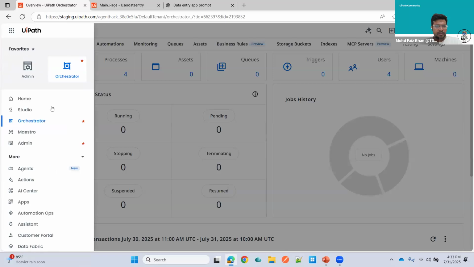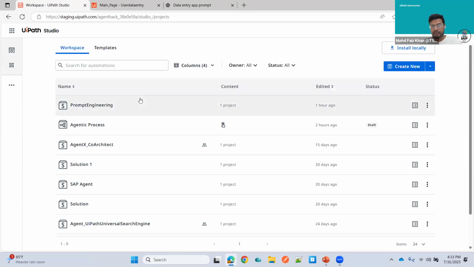So let's come to this UiPath Studio. One more thing I would like to add here: with the help of UiPath Studio, you can build unified solutions, right? So here I have created a couple of things. Let's come to the prompt engineering.